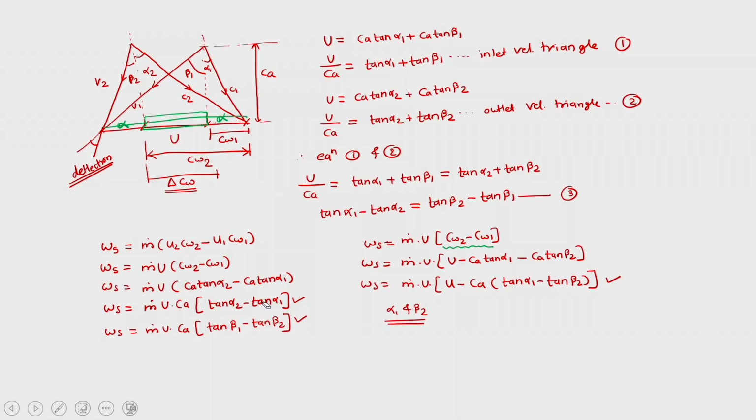We know that W stage is equal to m dot U Ca tan beta 1 minus tan beta 2, but this is also equal to